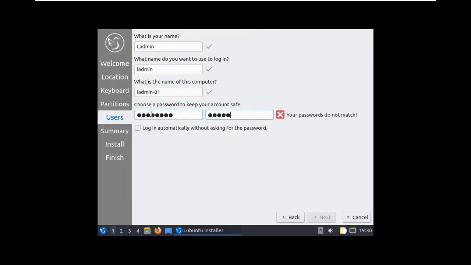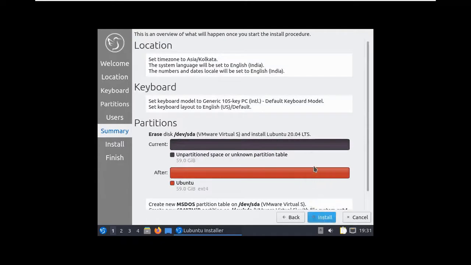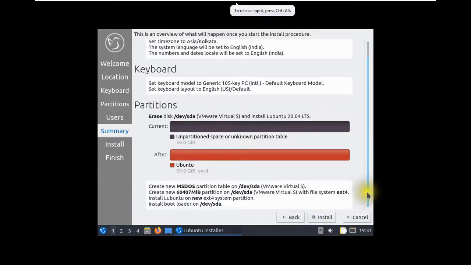And now if you want to log in automatically, you can select this option, or log in automatically without asking for password. So I want password, so I'm not selecting this one, and click next. So now guys, it is giving you a summary: the location where you are installing it, which keyboard, password, and the partition. It is telling you erase and use complete disk. How much space it will be using, and partition table information, it is telling,